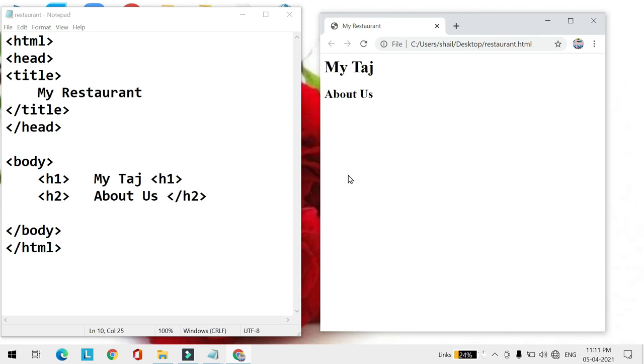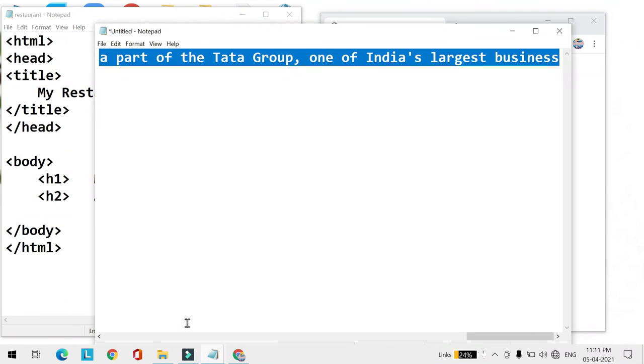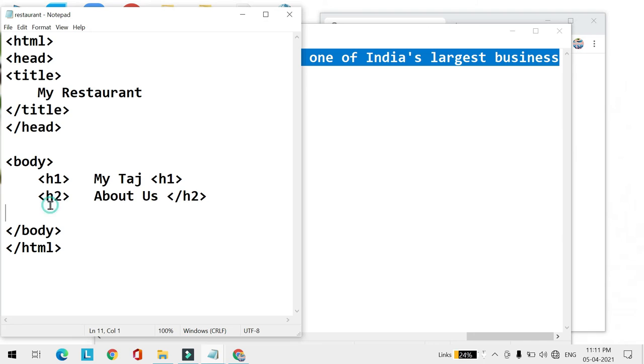Now whatever content you want to write below this about us, you can write in this body only. So let us write something about this my Taj. So Ctrl C, I already have some content. You just have to write P for paragraph because we are adding a paragraph.